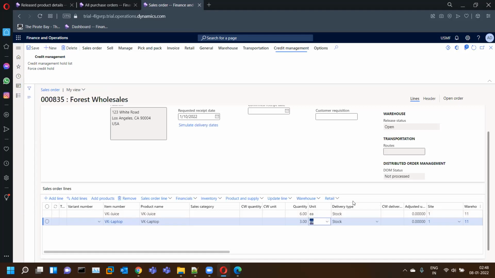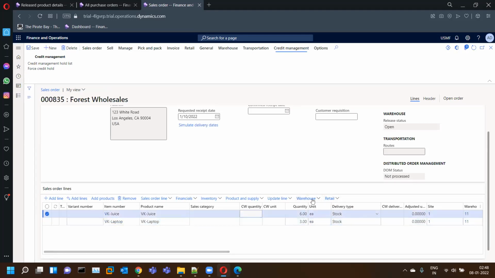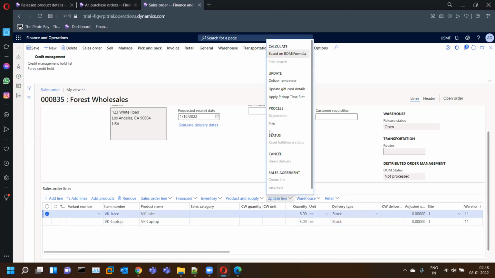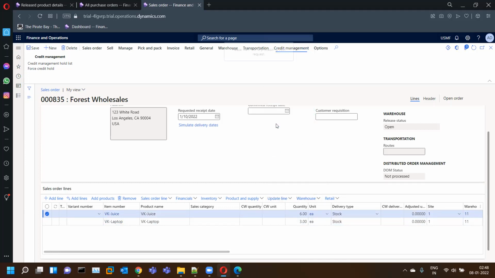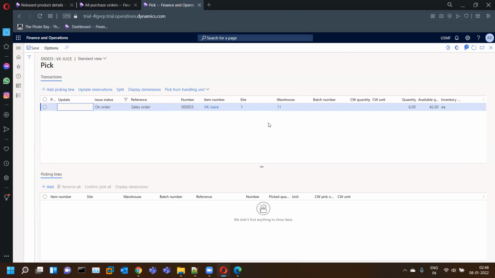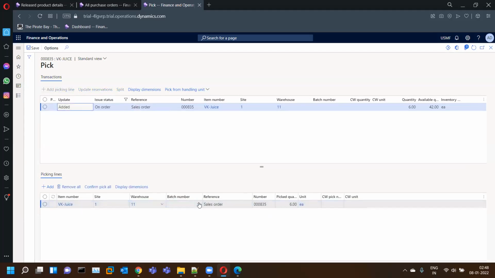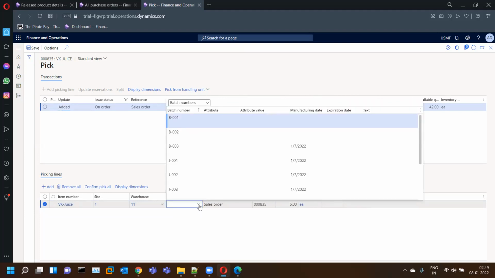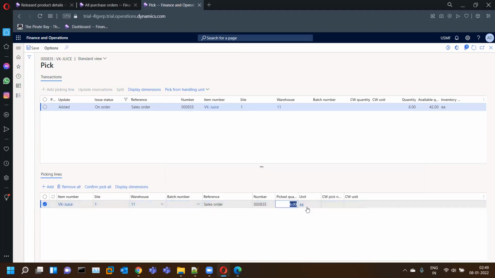We'll try to pick the items. Let me say I want to pick VK juice, so I'll click on update line and I'll click on pick, and you can see I'll try to add a picking line. So here we will have to specify the batch number, otherwise it will throw the error. If you want to pick 6 quantity, fine, but pick from which batch. So it's showing us the batch and all. Okay, so let me say I want to pick 3 quantities,